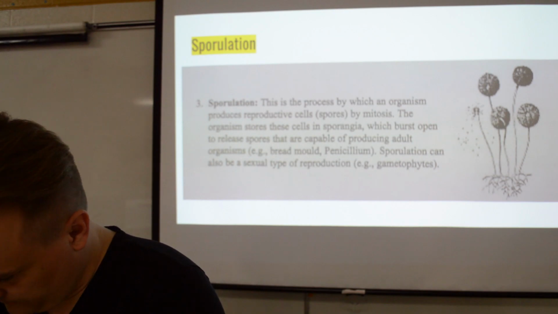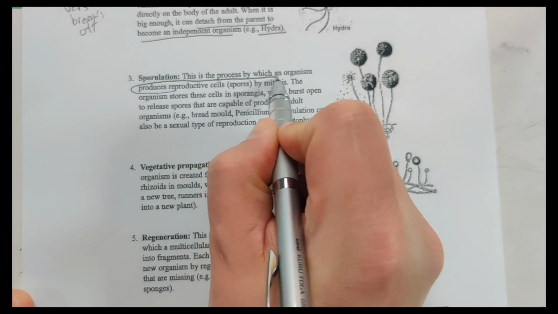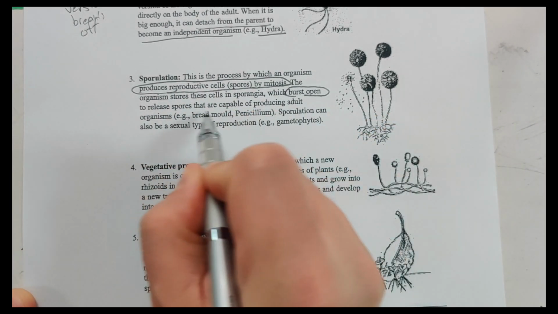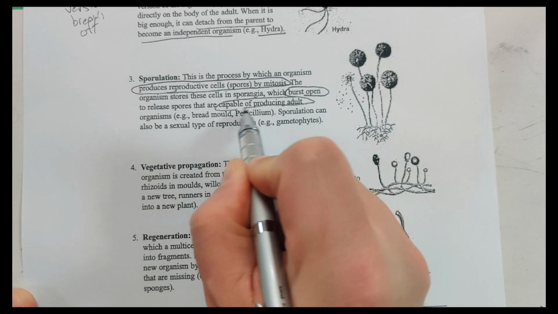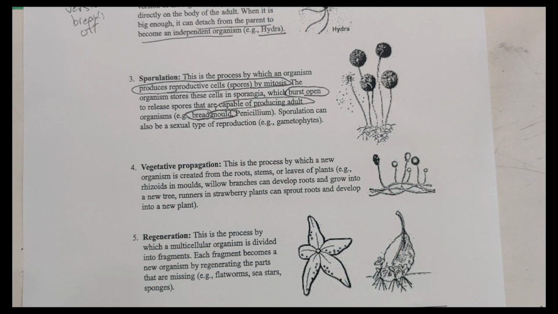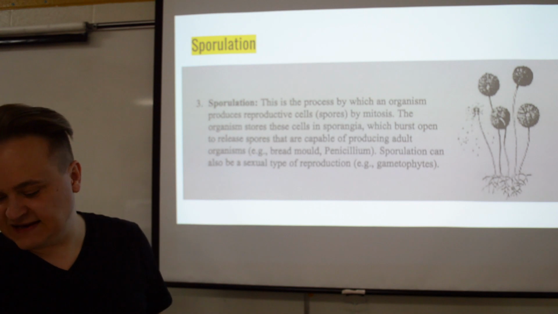So what do you need to know? I would say produces reproductive cells by mitosis, burst open, capable of producing adults. An example would be bread mold. That would be the most important things. Don't need to write anything there. Next up,